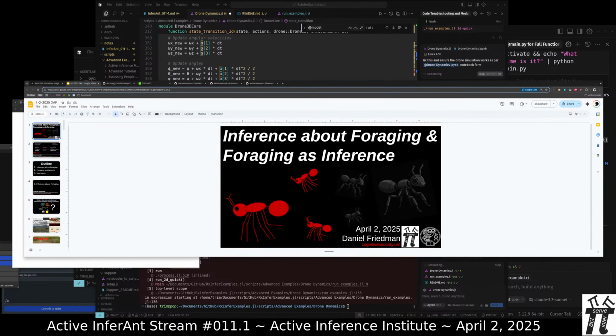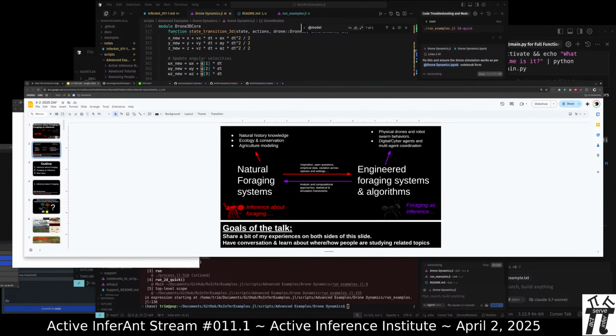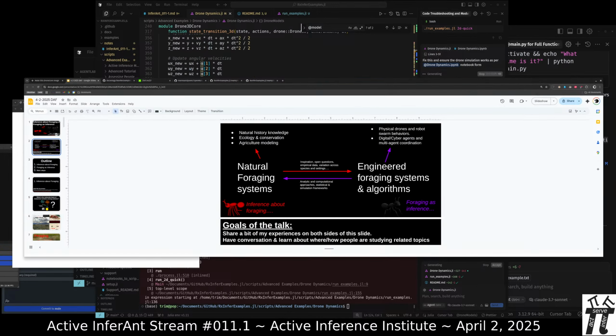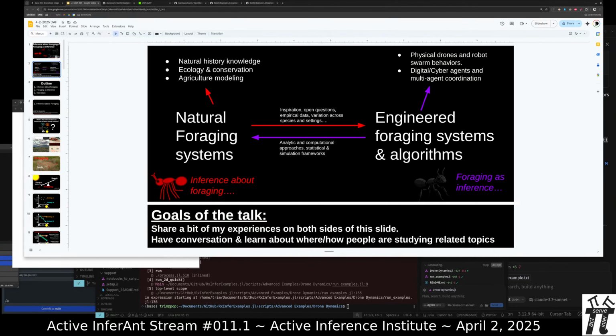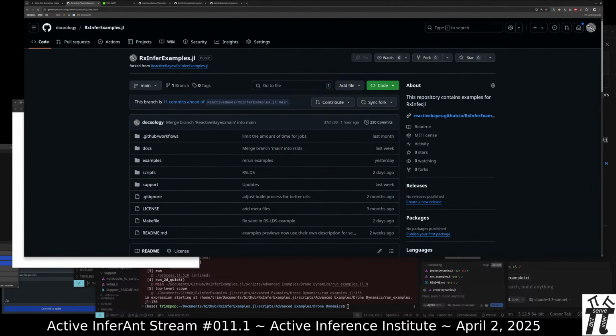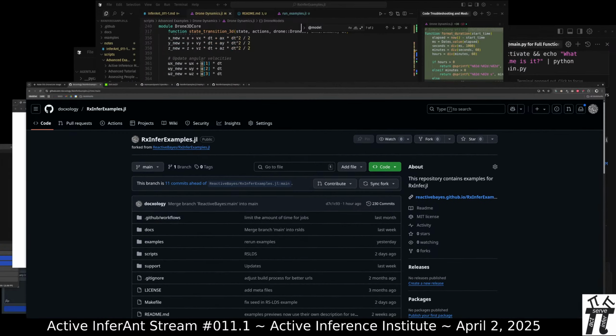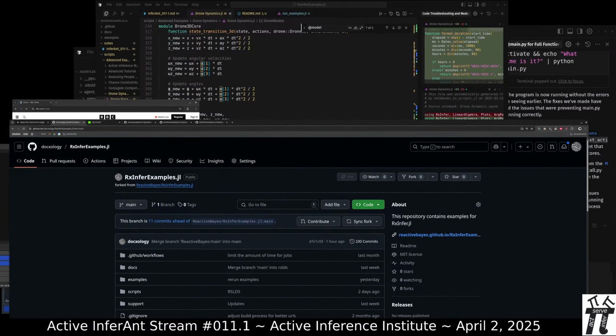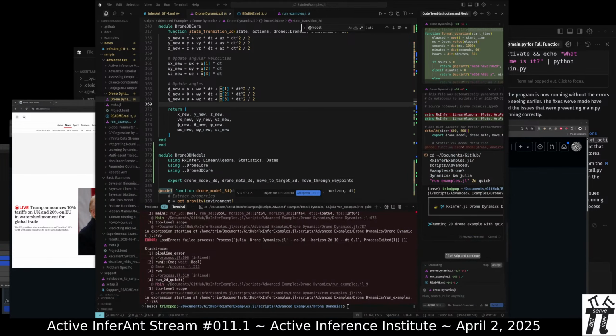I gave a talk earlier today, and one of the themes was the two sides of this coin: natural foraging systems and engineering foraging systems and algorithms, and this bi-directional relation, this perspective swap. Systems as they are, and the empirical data, the inspiration they provide, and then also these computer scientific, more engineered, or more mathematical models of multi-agent settings, and the ways that those are coming together, giving all these different optionalities for modeling. Okay.